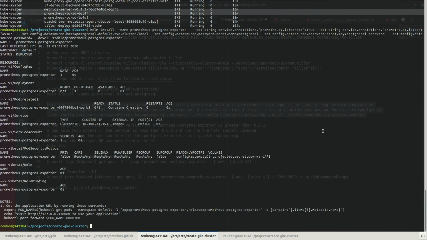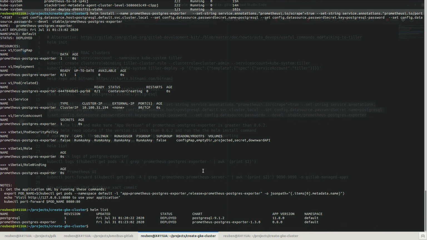We need to make sure that the version that was installed is greater than 0.6.2. So here you can see it's 0.8, which is fine.